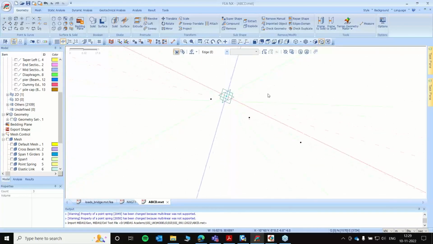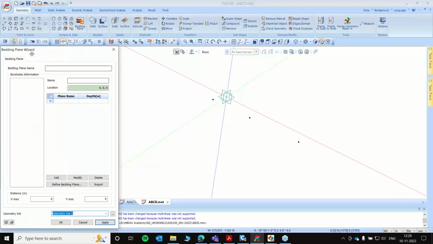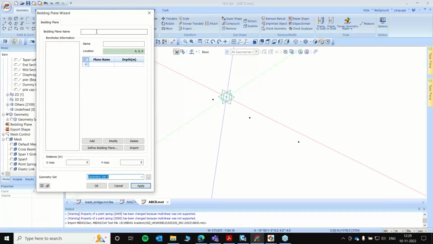Now we want to create our ground profile. So we'll go to bedding plane wizard. In the bedding plane wizard, all you need to do is just define your bedding planes, and the software will extrapolate your planes for you. All you need to do is just enter your borehole log data in here. So let's say I name the first as 1, name of the first borehole is 1, location is